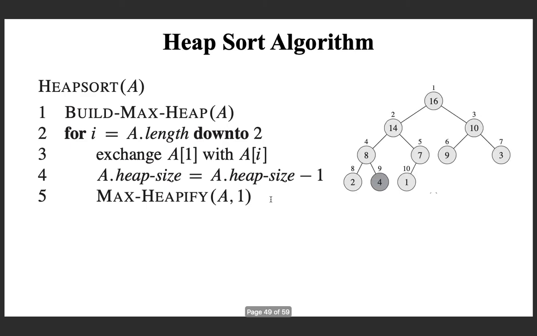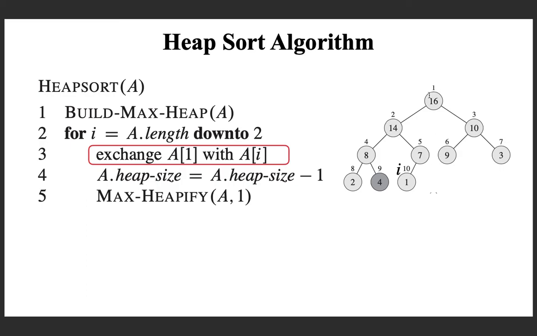So, what we do is, given a heap like this, how many elements are there? 10 elements are there. You can verify that this is satisfying the max heap property, and what you do, you are setting i as the number of elements in the heap, which is 10. So, i is set as 10, and from 10 down to 2, what you do is you are going to exchange the values at i, which is here, and 1. So, this is what you are going to do. So, between these two you are going to